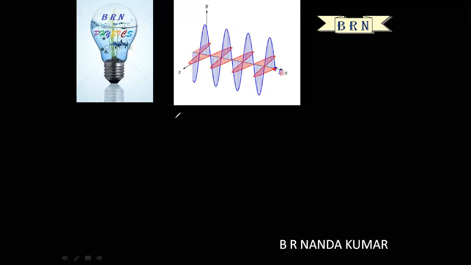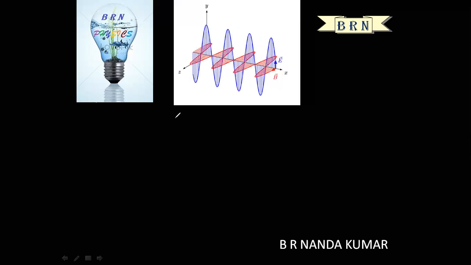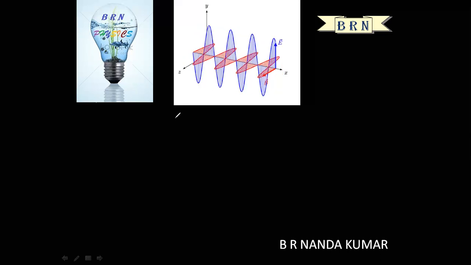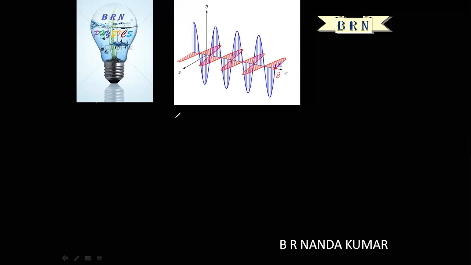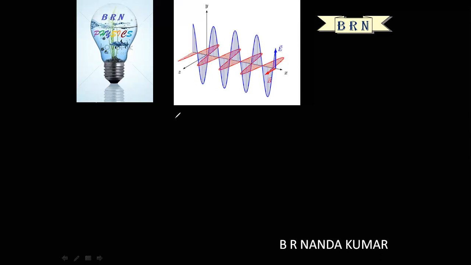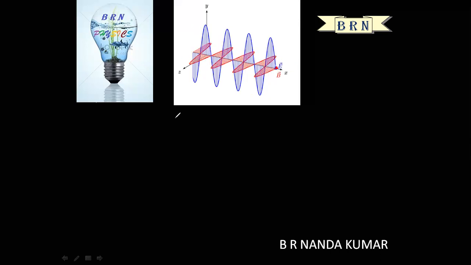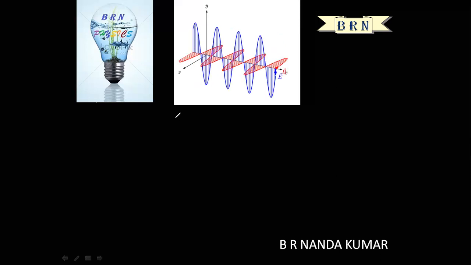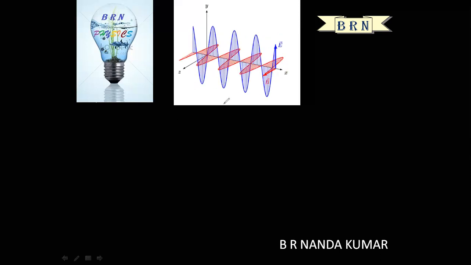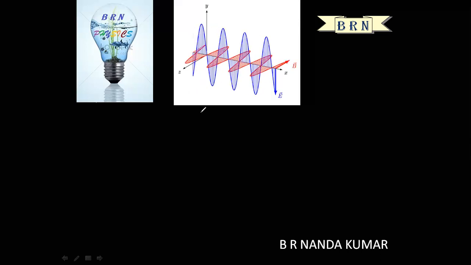According to Maxwell, an accelerated charged particle radiates energy in the form of electromagnetic waves. If a charged particle oscillates harmonically with frequency ν, it produces electromagnetic waves of the same frequency. So what is the expression for the speed of electromagnetic waves? c = 1/√(μ0ε0) in vacuum. In a material medium, v = 1/√(με). So these are the topics we have studied in the previous class.